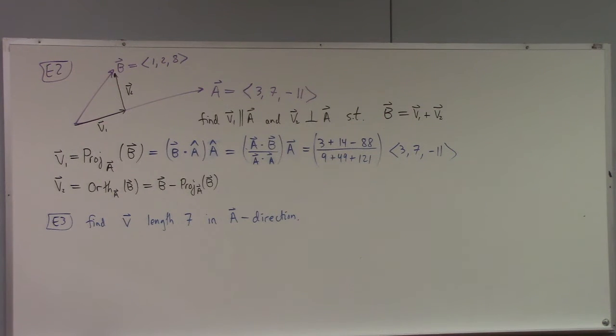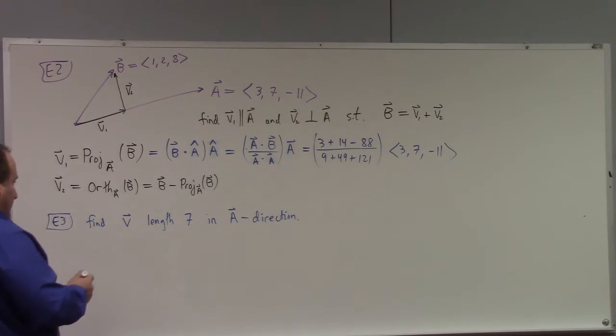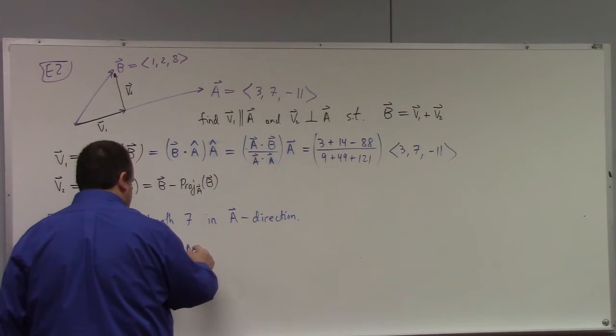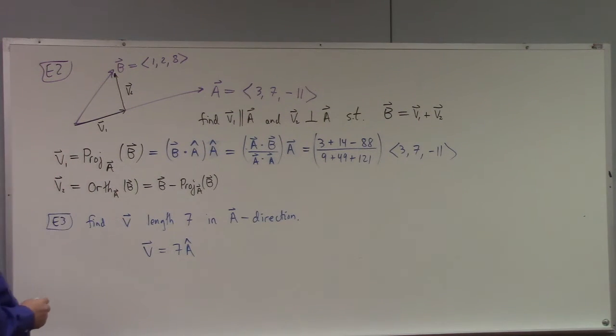Now, if you're Emily, you'll write down an equation and do algebra, as it gives you great joy, as algebra is your happy place. But if you're more geometrically inclined, you should go, oh, well, that makes V just 7A hat. That's what that is. If A hat goes in the direction of A, you want length 7. Well, A hat is a unit vector, so any number times the unit vector is its magnitude. That number is the magnitude. So 7 is the magnitude. And A hat, well, A hat is just